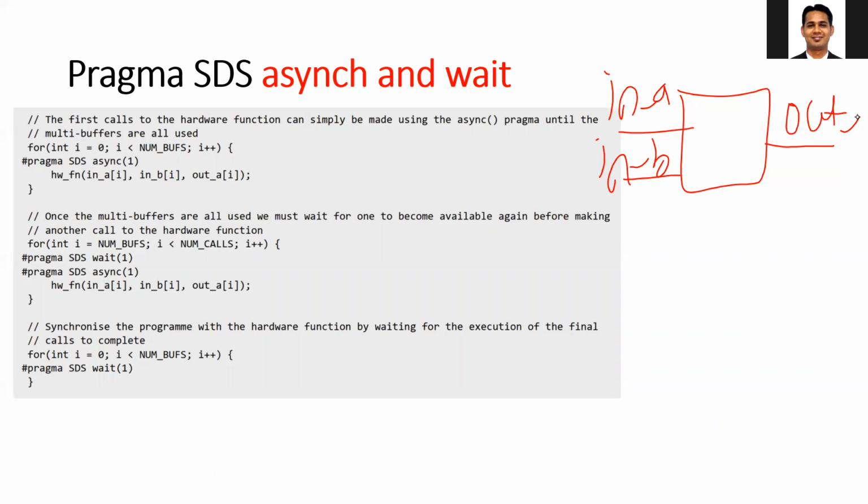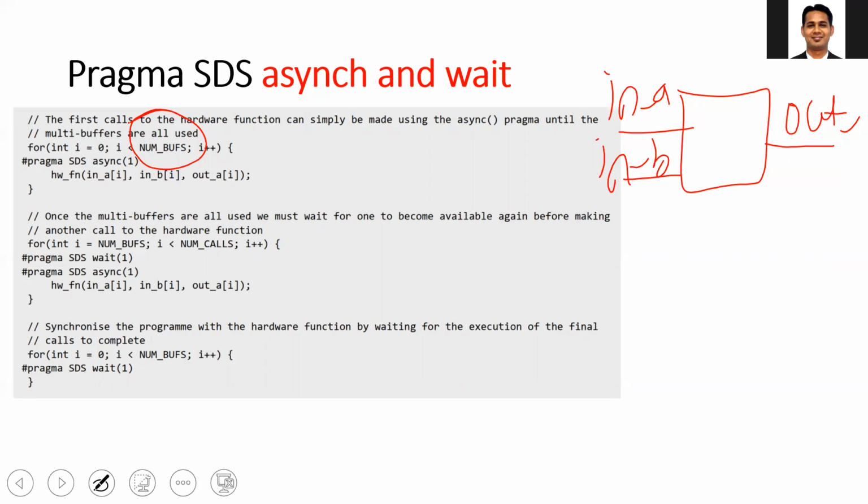You can see what I'm doing: this hardware function has some buffers. It has n buff number of buffers already, so it can buffer that many inputs before it starts processing the data. I am calling this IP using the async, and I'm sending the data consecutively. So I am filling all the buffers in the IP by calling it multiple times